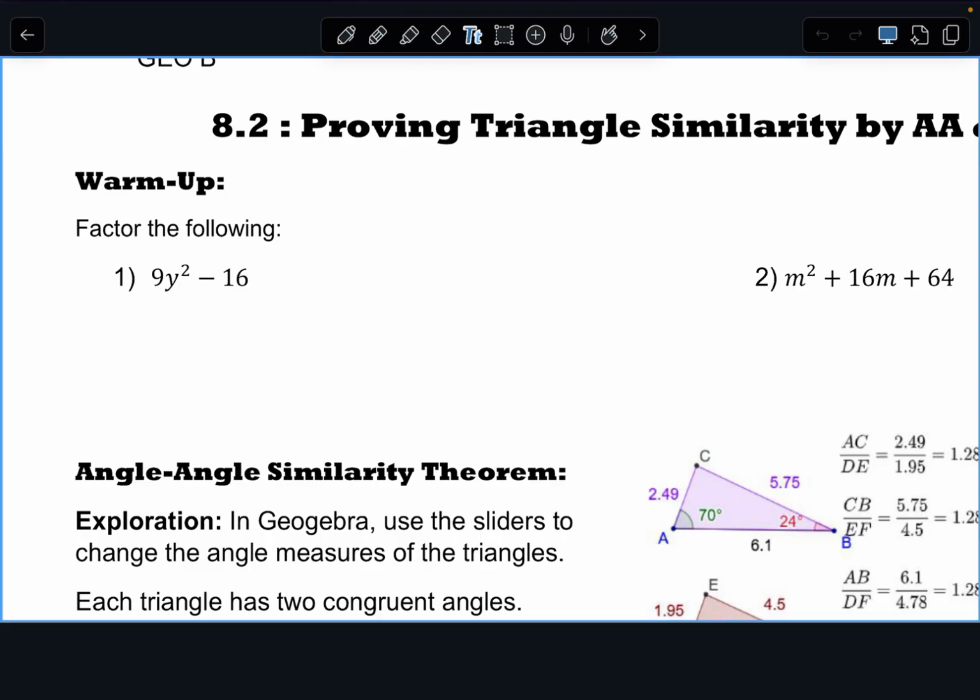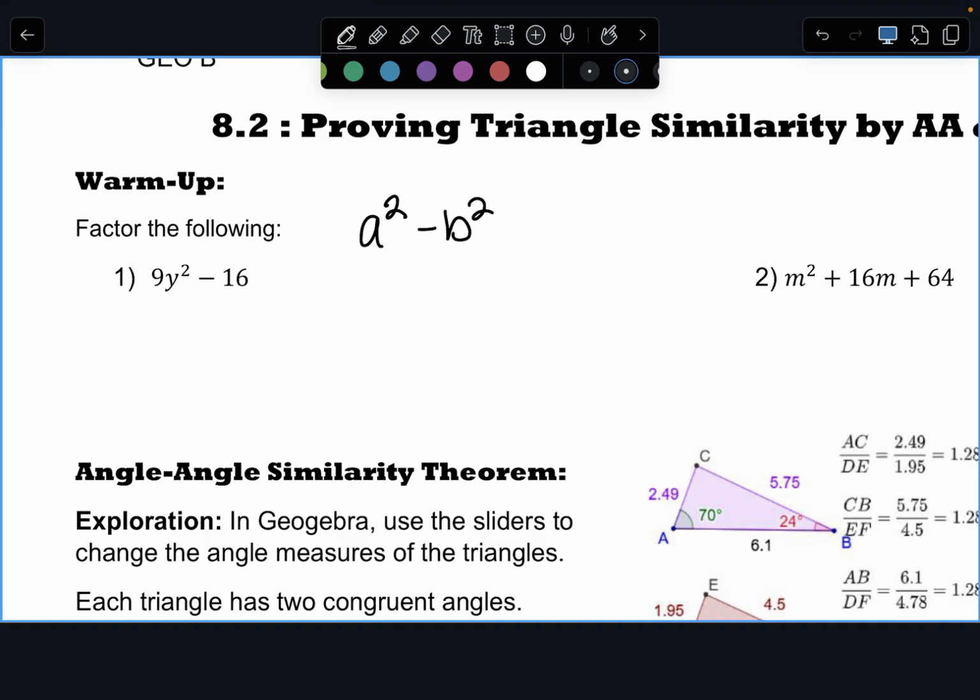Does anyone remember what we do for two terms? There's only one thing we can do. You probably briefly mentioned it in Algebra 1. This is a sneak peek for Algebra 2. If you have two terms, and both of those terms are perfect squares, we can take the square root of it, and it's a nice, pretty number or variable. When we have two things that are perfect squares, meaning this thing is something squared and this piece is something squared, then we can factor it into what we call a difference of squares,